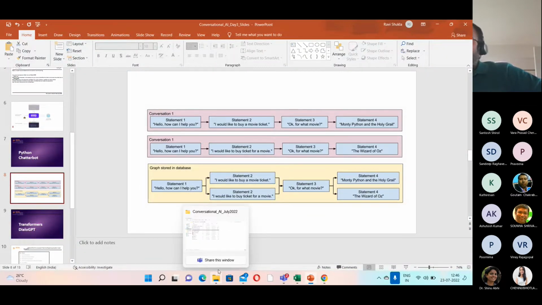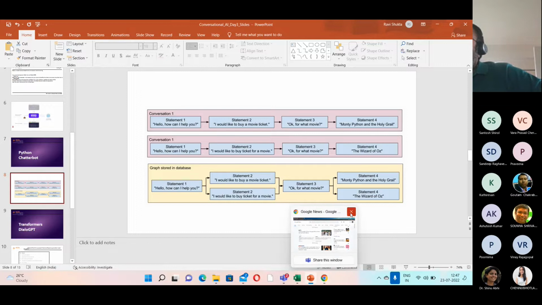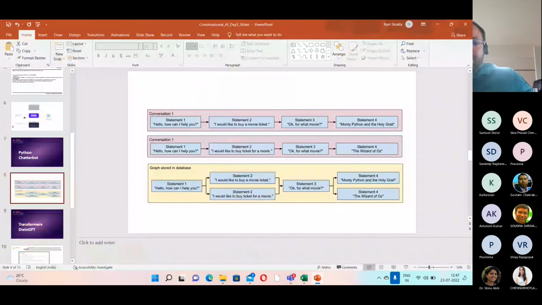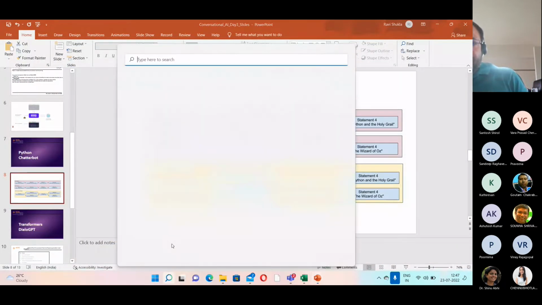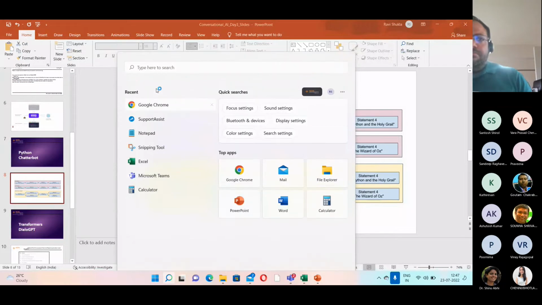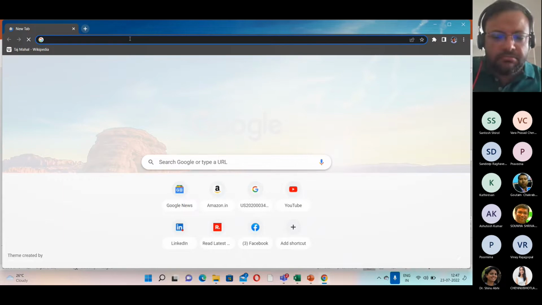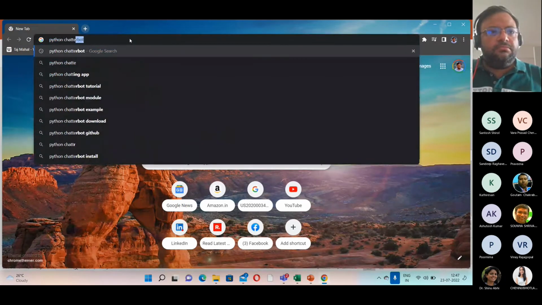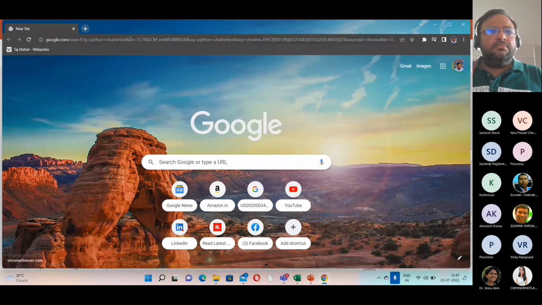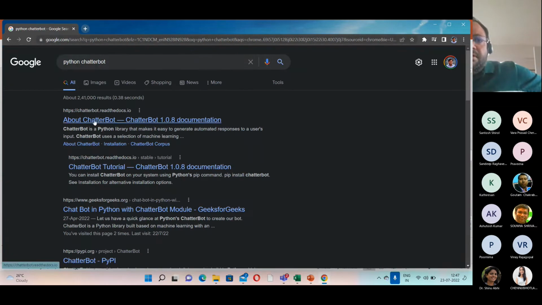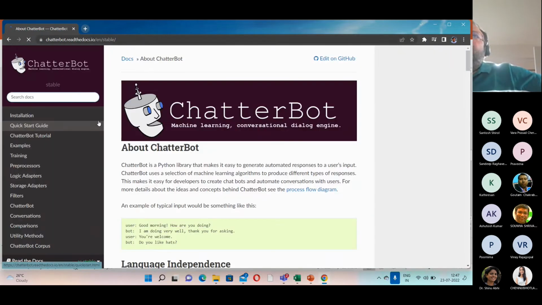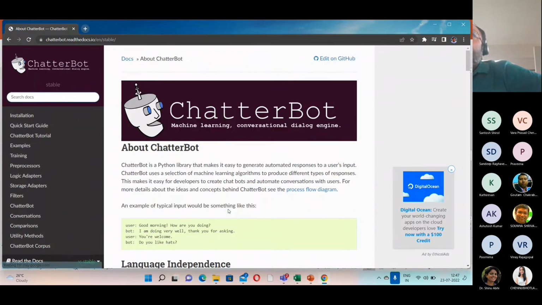We'll quickly do an example because it is a simple example to do a chatterbot. The best is to open the Chatterbot website. Okay, so Chatterbot has very good documentation.